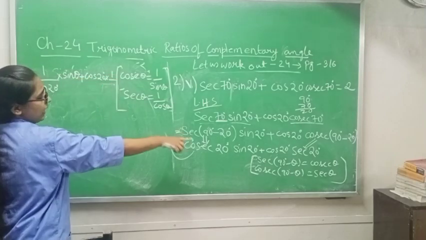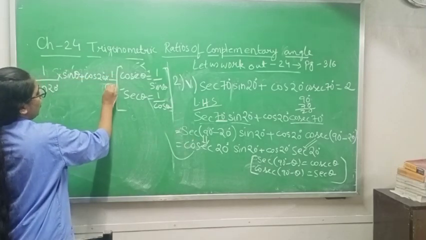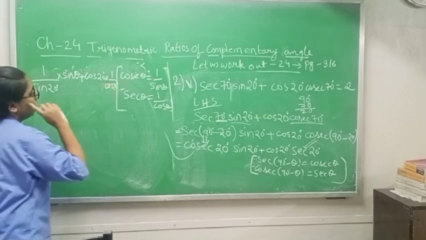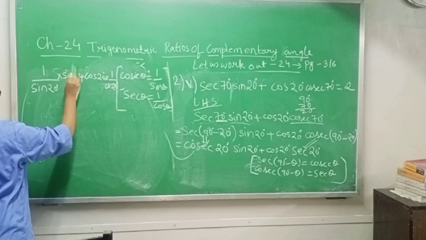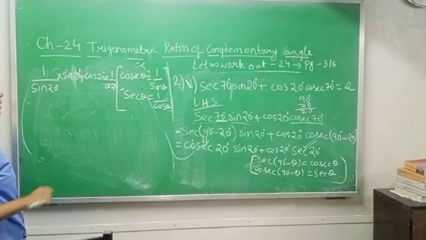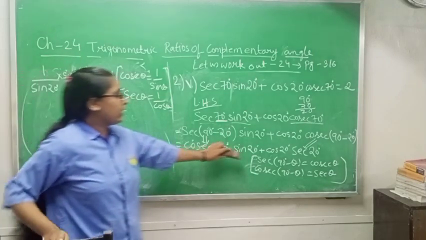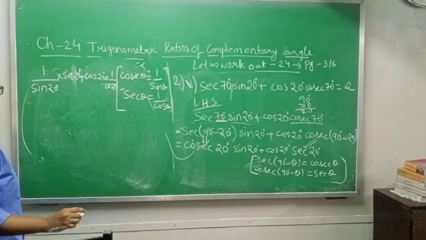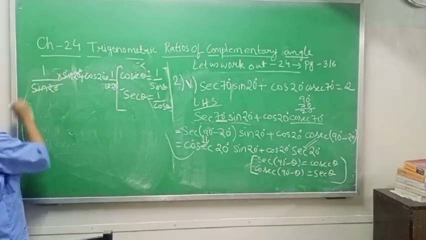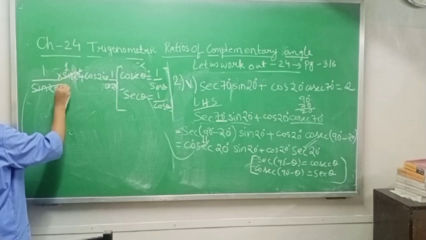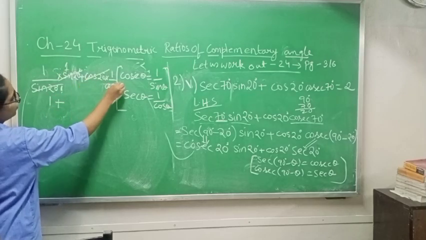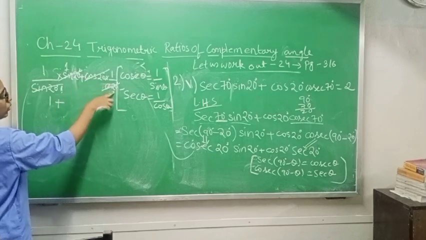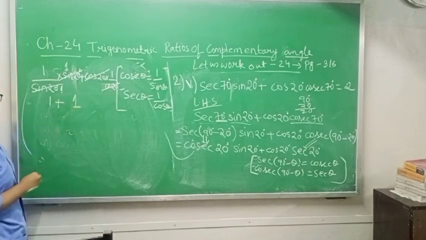Okay, you have to know all that formula. So in place of sec theta, I can write 1 by cos 20 degree. Understood? Now here you will write 20 degree, not theta, because we are using 20 degree as the angle. So sin 20 degree will cancel. Here you are getting 1, and the 1 plus cos 20 degree will cancel up and down. So again you will get 1.